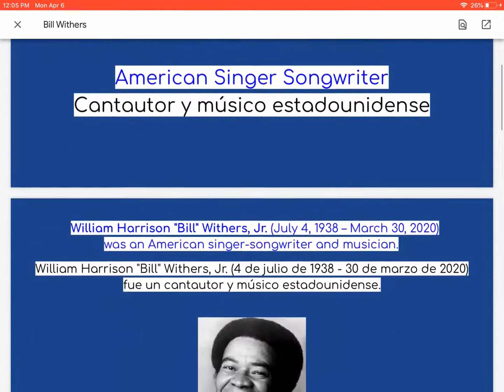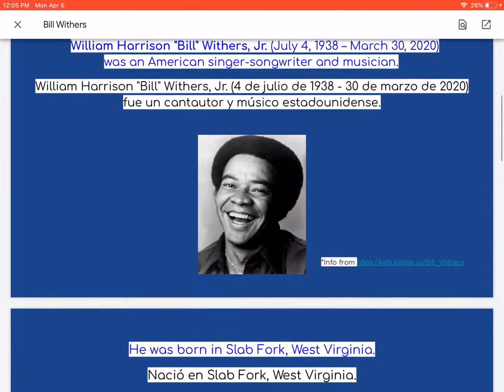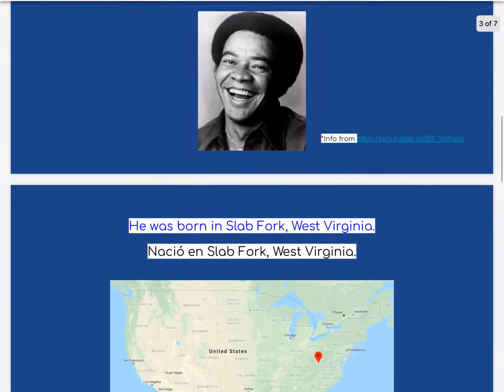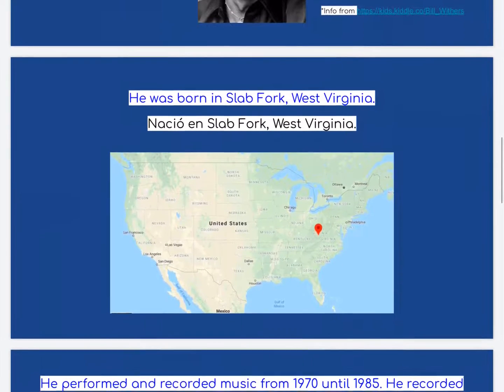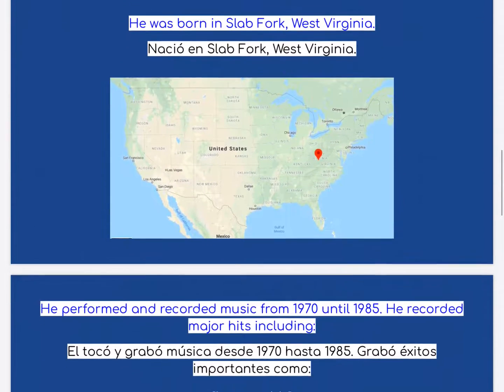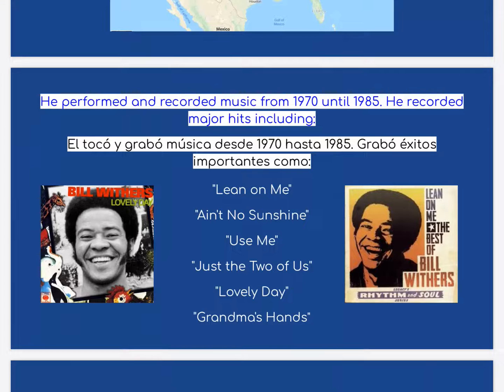He's an American singer-songwriter. He was born on July 4th, 1938, and he just passed away last week, which is why we're looking at Bill Withers this week, because he was a major singer-songwriter in the American music field, and he did some iconic songs that almost everybody knows, and Lean On Me is the one that we're going to focus on.